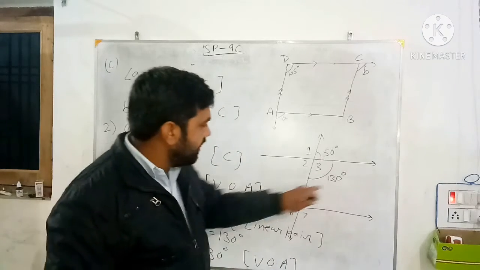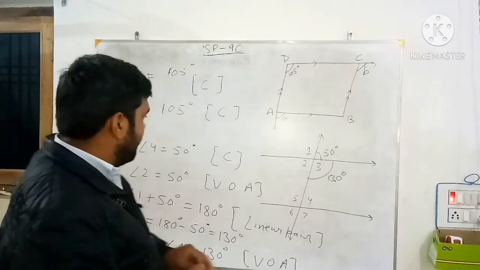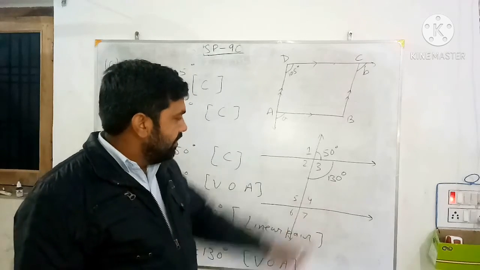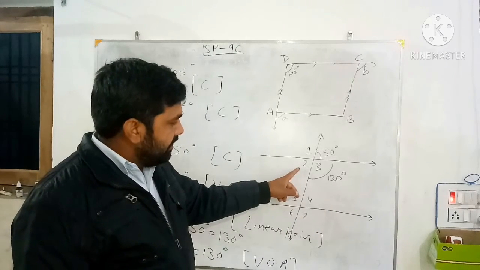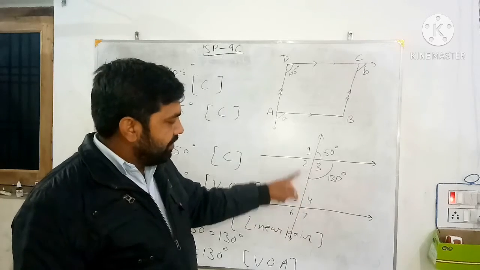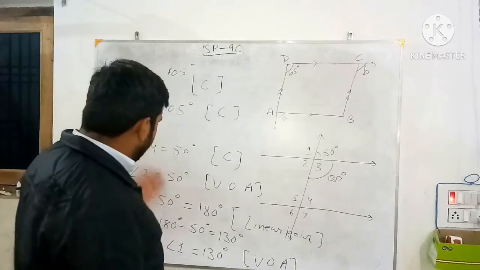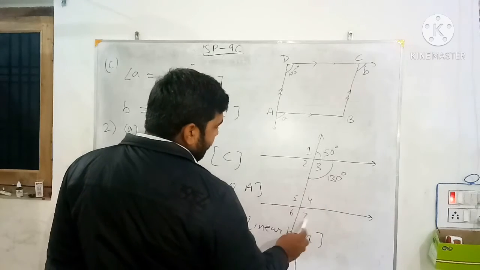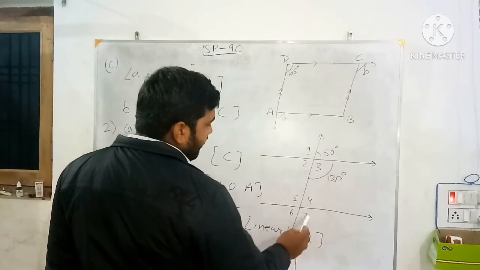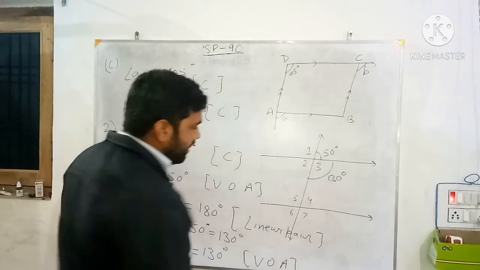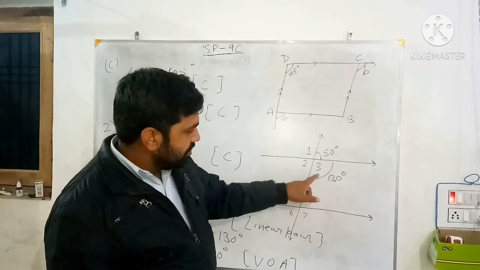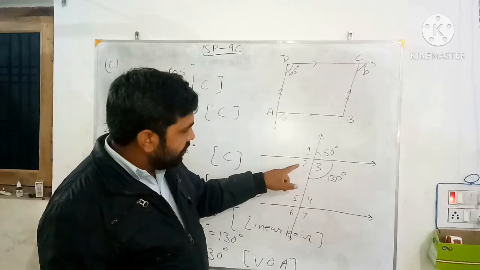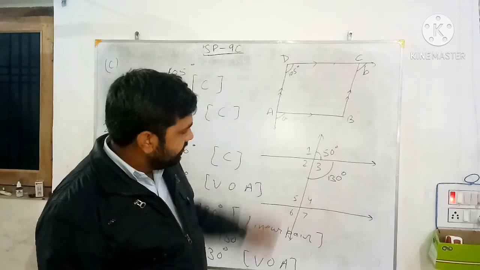Now 5 is the alternate angle to the 130. So what do you write? Angle 5 equals 130 degrees. Reason, alternate angles. And angle 2 is alternate to angle 4. Angle 2 is 50, so angle 4 is also 50. We are already fine. Now the corresponding angle of 3 is 7. So angle 7 equals angle 3, 130 degrees. Reason, corresponding angles. Letter F, you can see. Angle 6 equals angle 2, corresponding angle, 50 degrees.